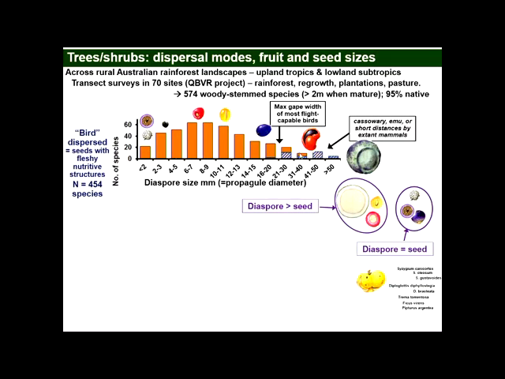And even within, say, a genus, you get quite a lot of variation. So here we have one Syzygium, here we have another Syzygium, and here we have a third Syzygium. And for these, the seed is encased in flesh to attract the seed disperser. And when I talk about the diaspore size, I'm measuring the diameter of the whole thing. And you can see that between about 6 and 10, 11 millimetres is a common size. Down here, these hatched bars represent fleshy fruited